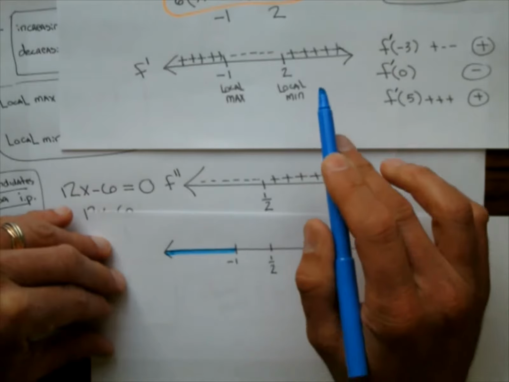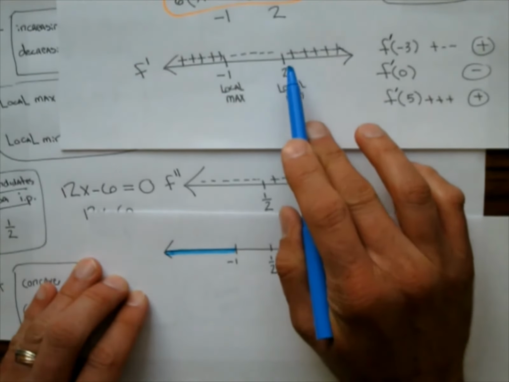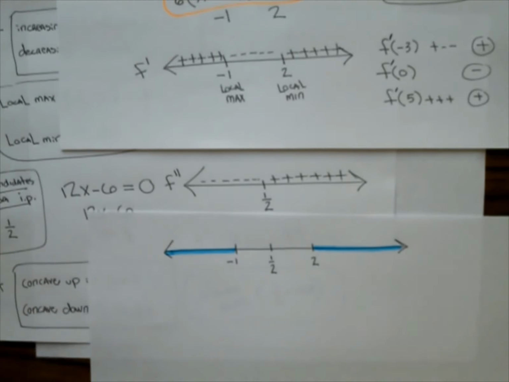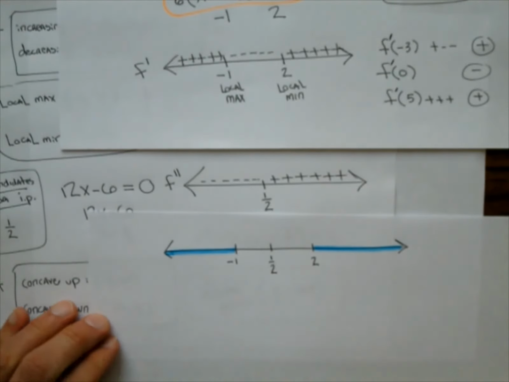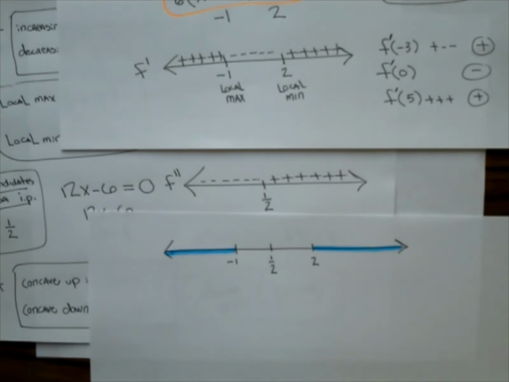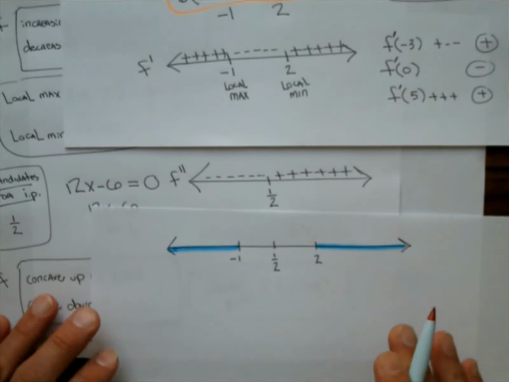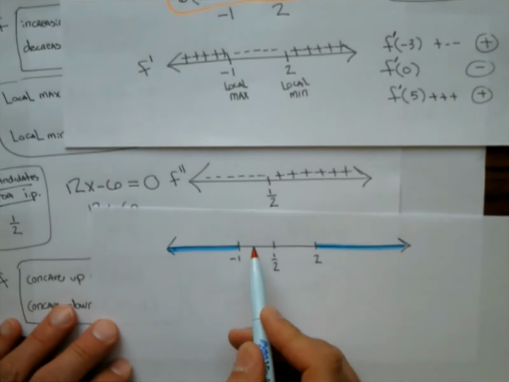It's also increasing from 2 to infinity. So let's just go like that with the blue. Okay, decreasing I'm going to represent in red, and it's decreasing. I'm going to make sure that we're capturing all this on video. Okay, it's decreasing from -1 to 2. So let's go ahead